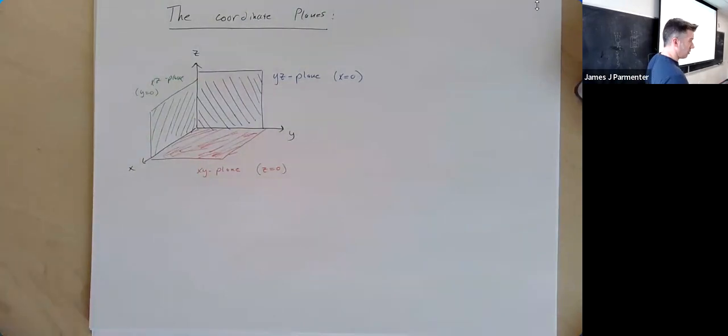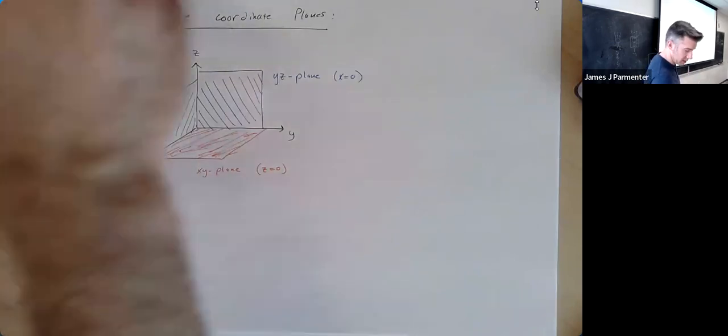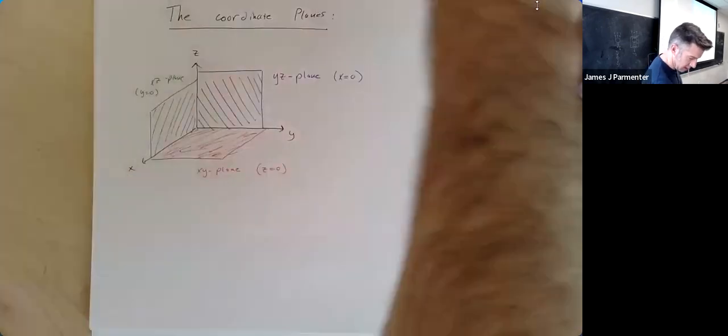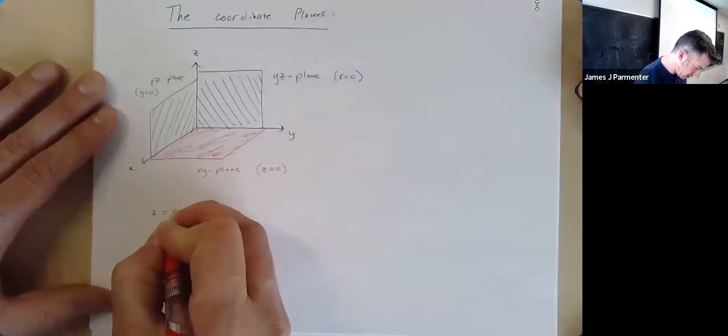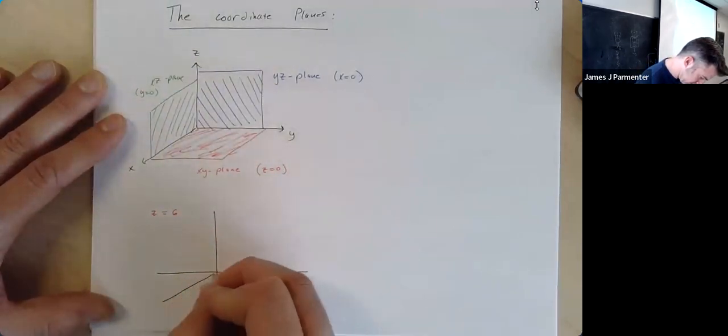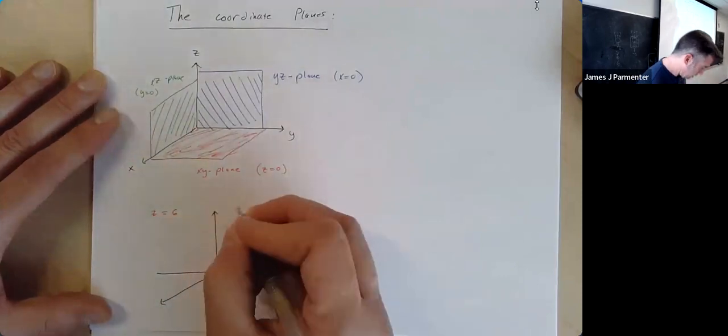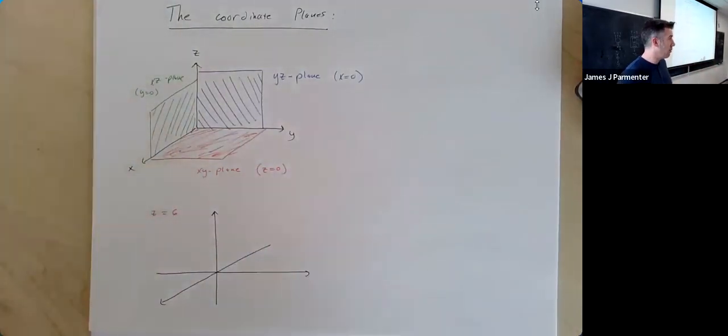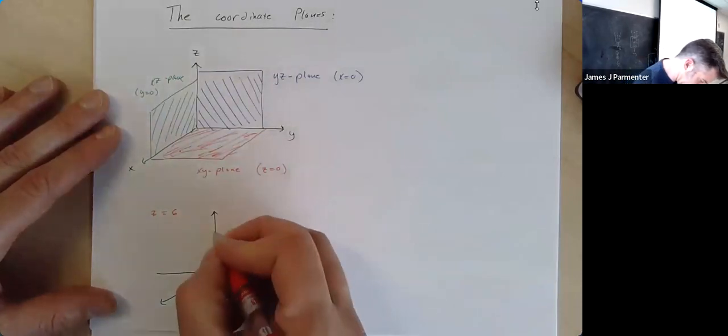And then you can have other planes. There are lots of ways of writing the equation of a plane, but for planes that are parallel to these coordinate planes, you can just set one of your variables equal to a constant. For example, the plane z equal to 6. You're just shifting this XY plane up 6 units. Every x and y can still be anything you want, but the z part is now 6 higher. So if I go up to a height of 6,